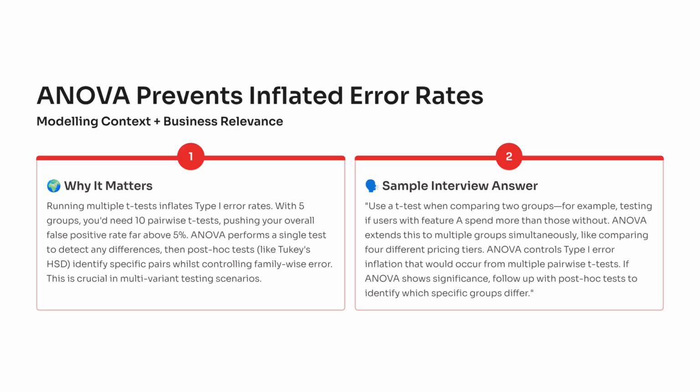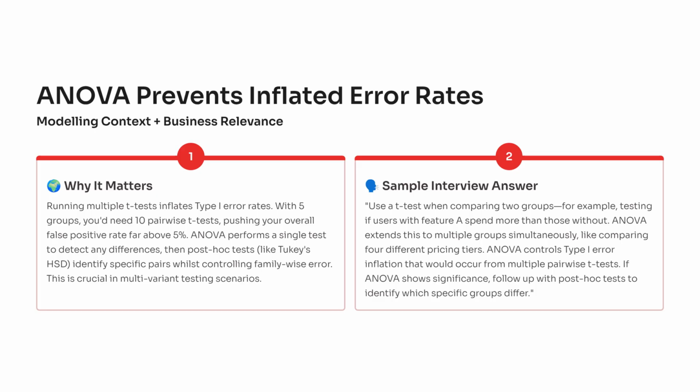Now, let's connect this to the kind of data science problem you'd face on the job, and what the interviewer really wants to hear. Imagine you're testing 5 landing page designs. If you compare them pair by pair using t-tests, you'd need 10 separate tests. Each one carries a small risk of being wrong, and those risks stack up. By the end, your total false positive rate could easily exceed 40%, meaning you might celebrate an improvement that doesn't